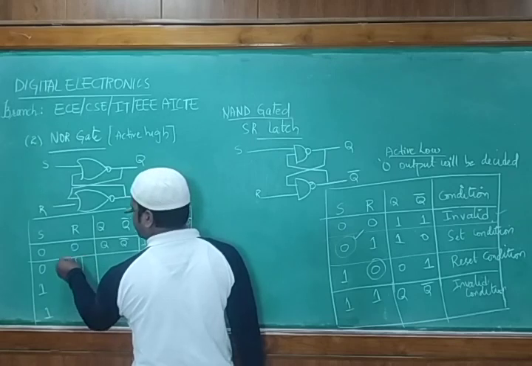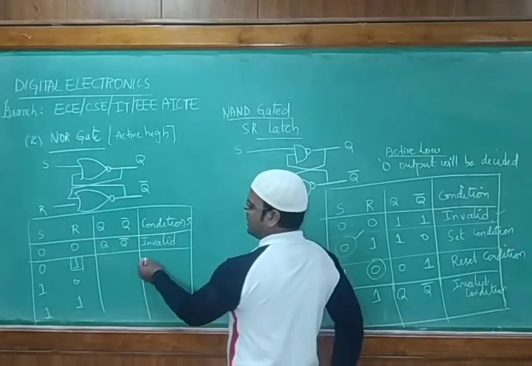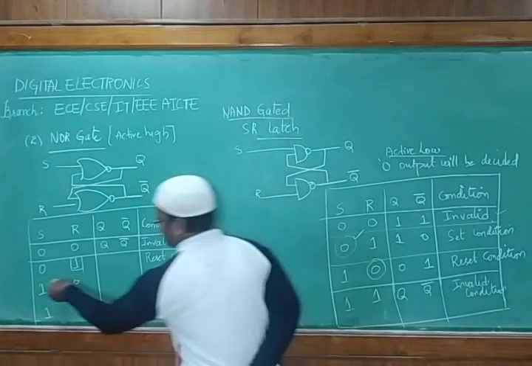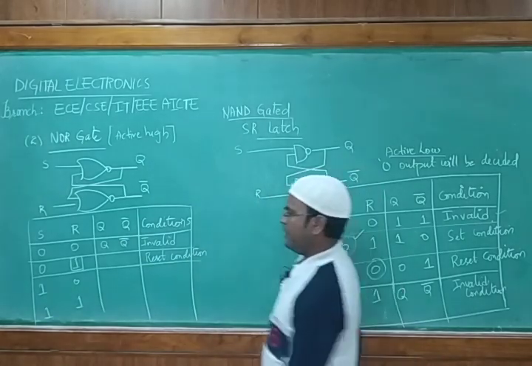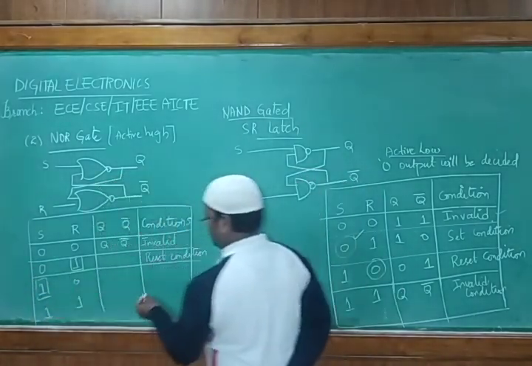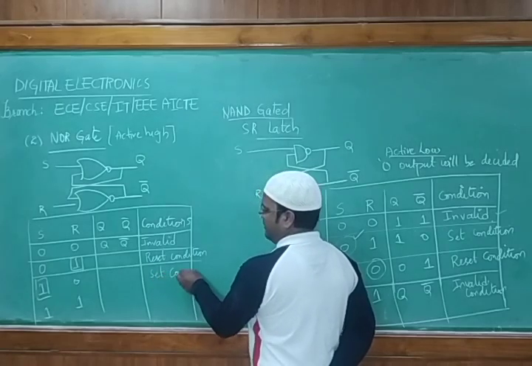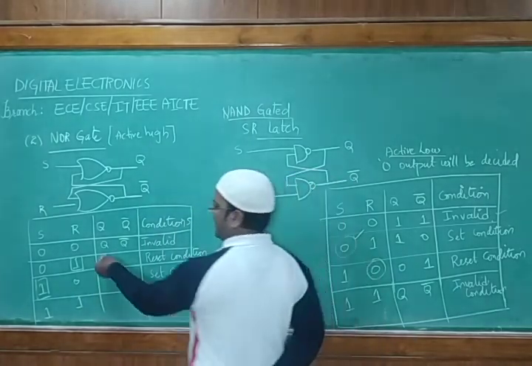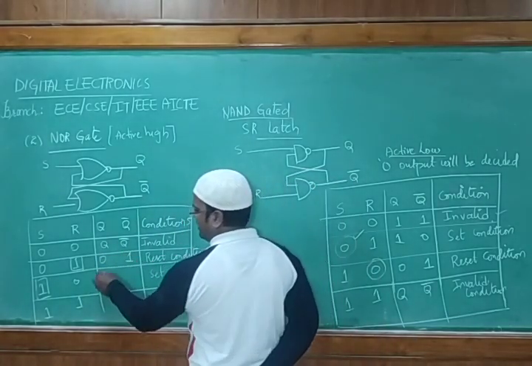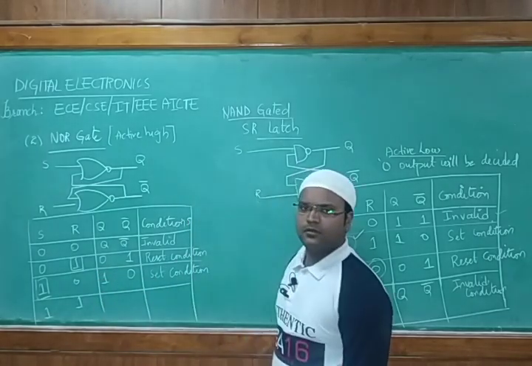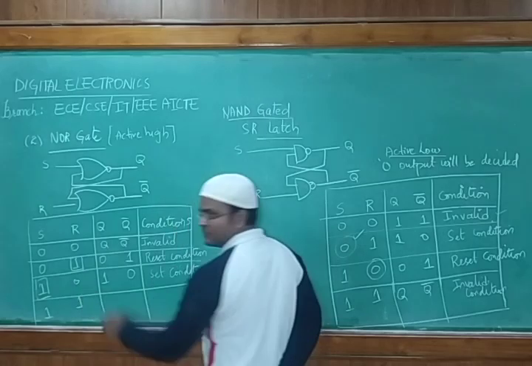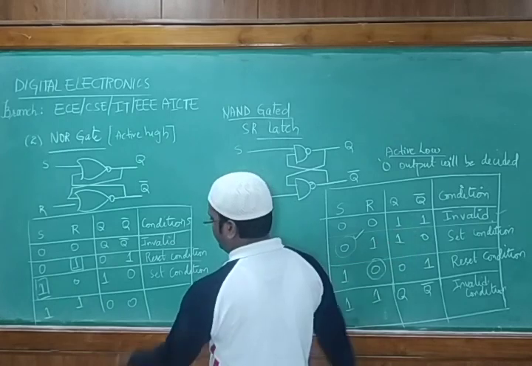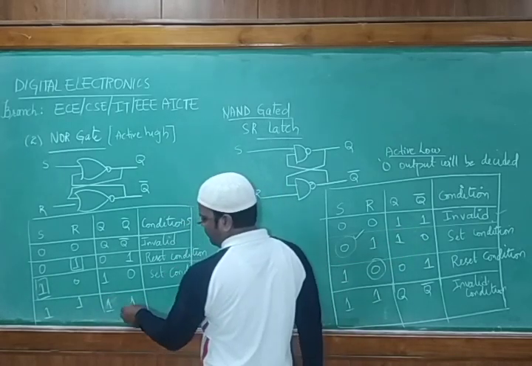So see here, when reset is equal to 1, what is the value we have to mention here? It is called the reset condition for that particular flip-flop. Similarly, when set is equal to 1, this is called the set condition for that particular latch. So it can be 0, the complement of that would be 1; it can be 1, the complement of that would be 0. Now when both are 1, 1, the outputs can be 0, 0, the way we wrote it over here. If we have mentioned 1, 1, you can write it as 1, 1 also. It can be 1, 1, it can be 0, 0, no issue.